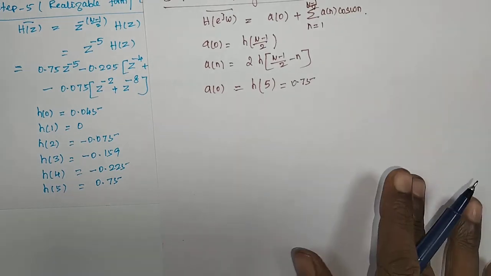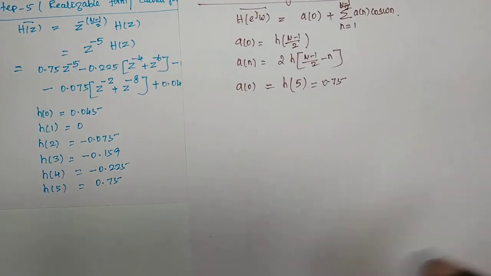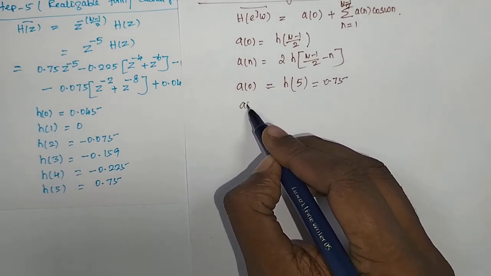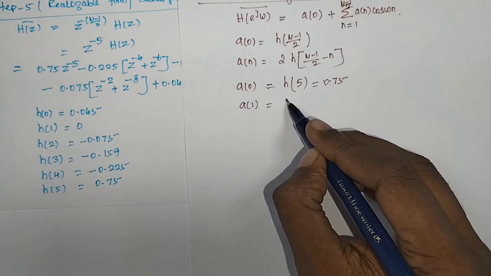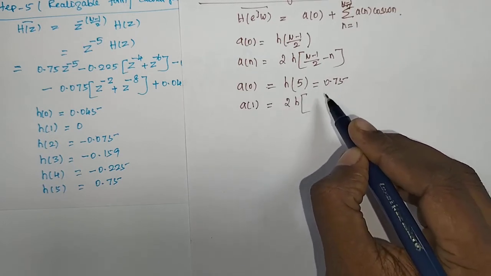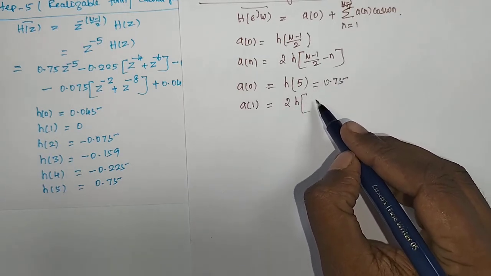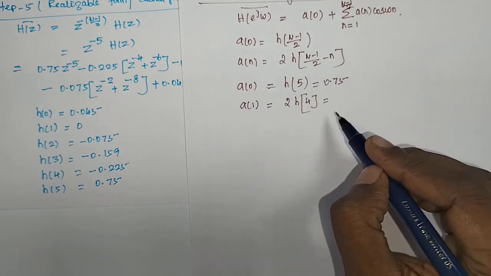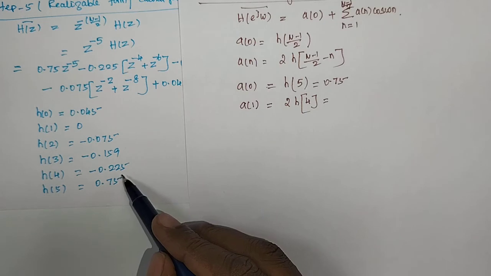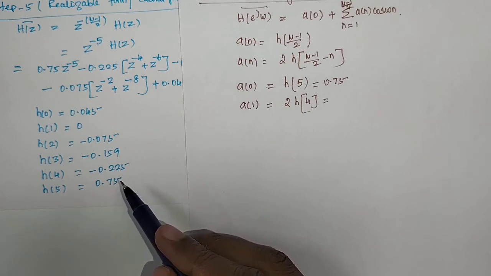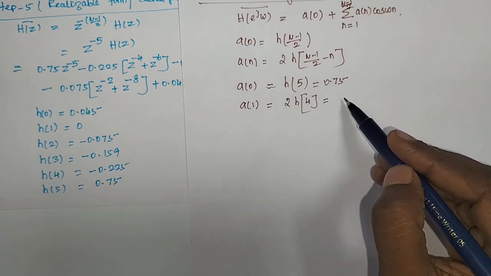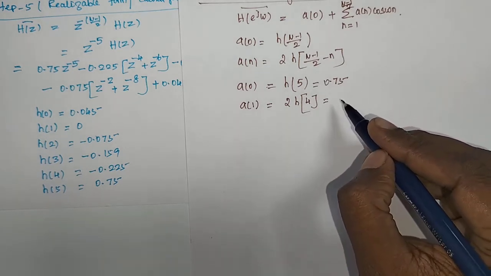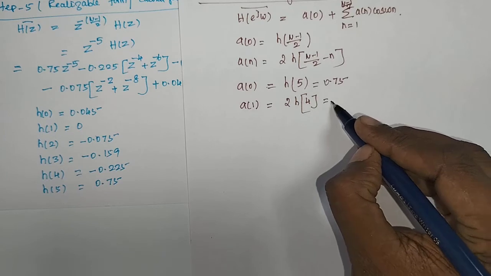0.75. Then A of n, that is A of 1, is equal to 2 into h of 5 minus 1. 5 minus 1 is 4, so 2 into h of 4. The h of 4 value is minus 0.225. So 2 into h of 4, that is 2 into 0.225, the value is equal to minus